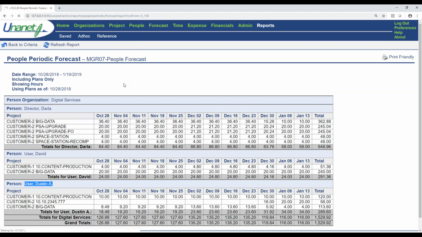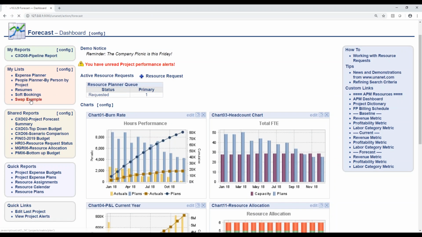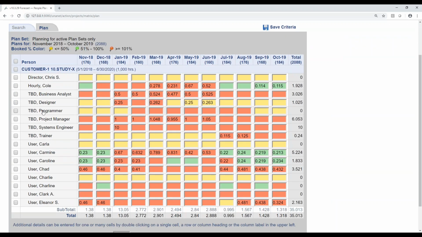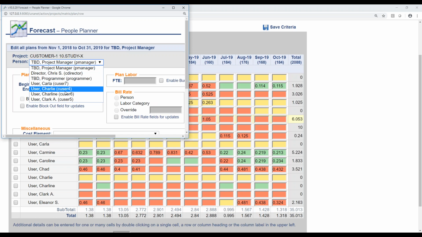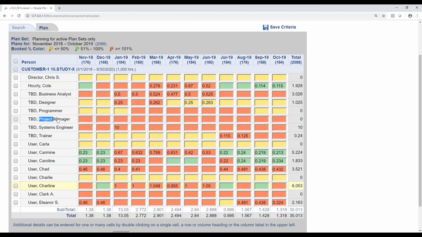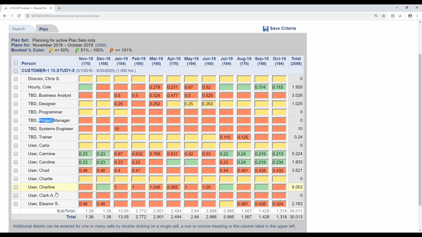In Unanet, we also have the concept of a TBD resource. There are different words for this: a TBD resource, a plug resource, a ghost resource. But you can plan. You may not know the person, the named person that's going to do the work, but you can plan based on an average rate. You can plan based on an average cost rate for what a project manager would cost you to do this work. And then once you know who's going to do the work, you can swap that person out and say, okay, Charlene is going to do that work on this. And so you'll see that FTE plan for this TBD project manager came down here to Charlene. And now that plan is going to be in place for Charlene. Her actual cost rate can be used.